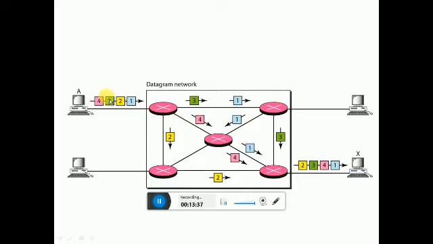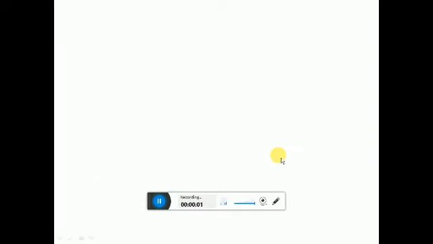The packets which belong to the same message are traveling through different paths to a destination. Packet 2 is traveling through this path, packet 3 is traveling through this path. So when we talk about the delay experienced by the packets of the same message, they are different. So there is no